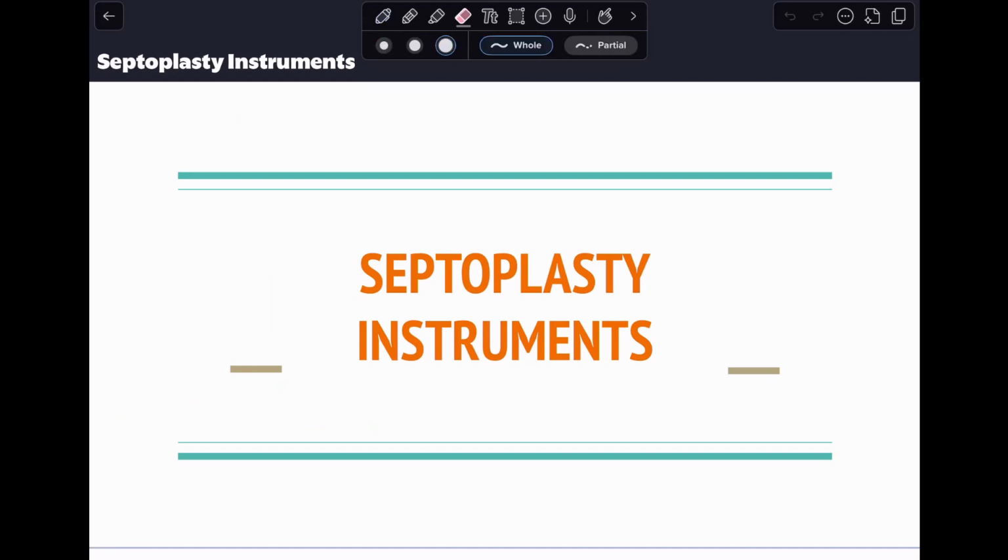Today we'll be discussing the instruments that we use in septoplasty. I'll tell you the usual instruments that are used, and we'll talk about their parts and what their uses are. Sometimes, if there's any confusing point that you need to know in relation to those instruments, I'll also